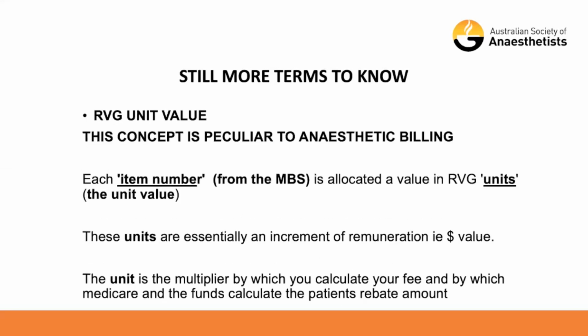The RVG unit value. So this concept is peculiar to anaesthetic billing. Each item number from the MBS is allocated a value of RVG units, which is the unit value of that item. These units are essentially an increment of remuneration. So a unit has a dollar value. The unit is the multiplier by which you calculate your fee and by which Medicare and the funds calculate the